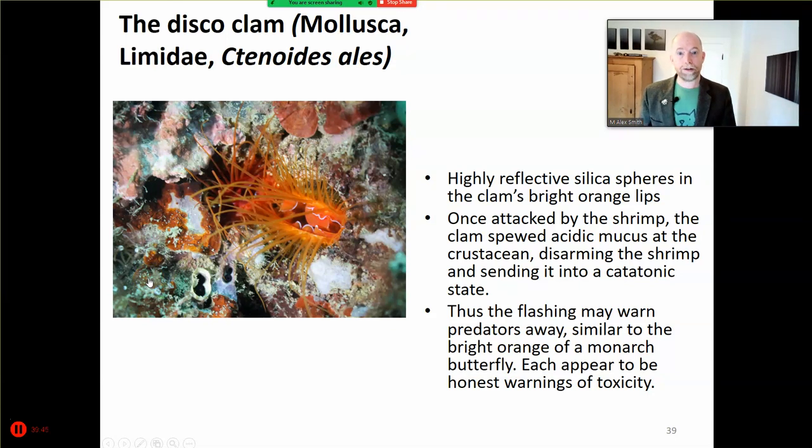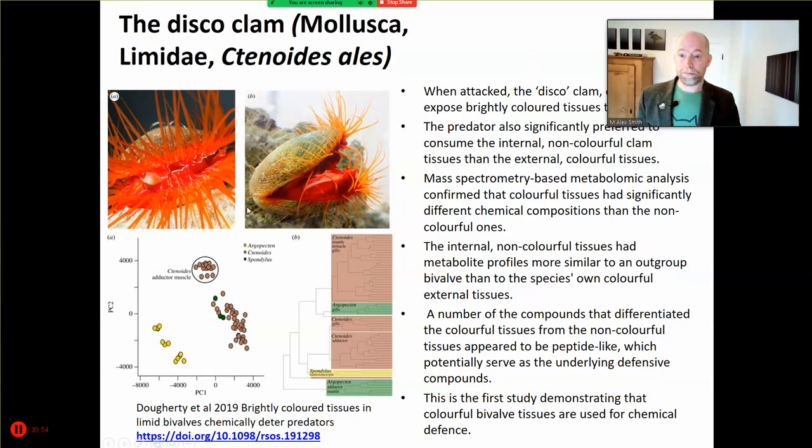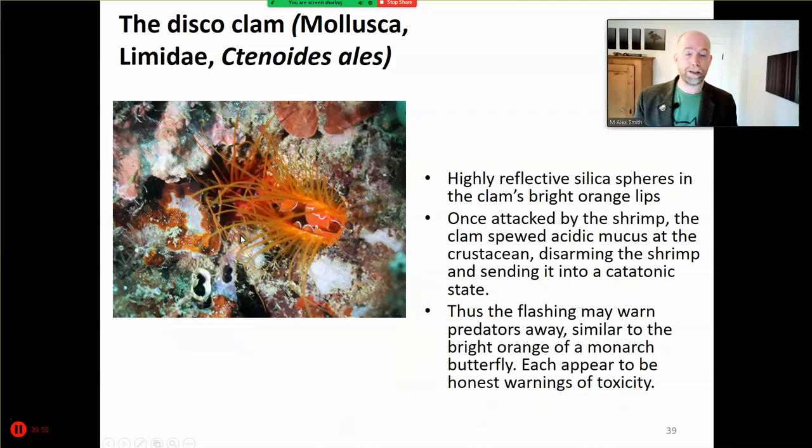And what's happening there is that there's highly reflective silica spheres that are in that mantle edge. And in fact, I'll come back to this, but essentially, the hypothesis is that this is kind of like an aposematic thing,